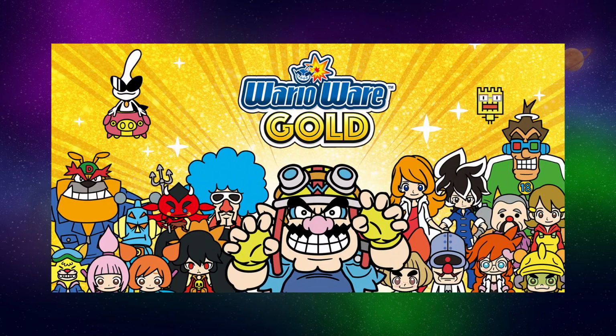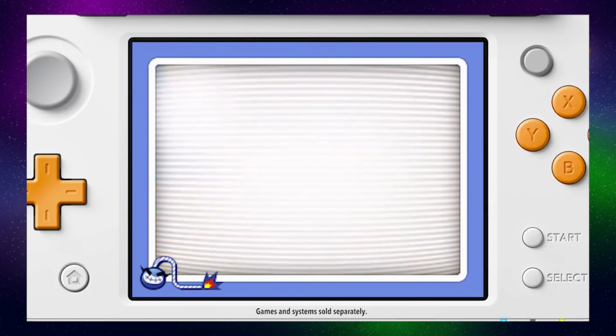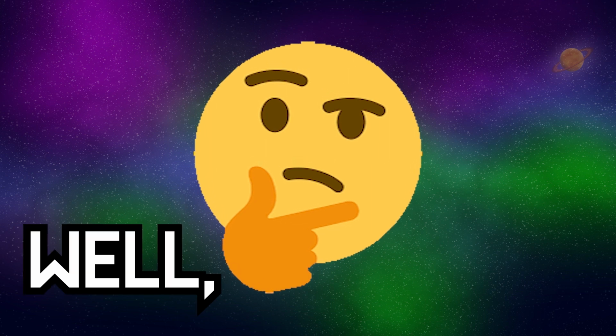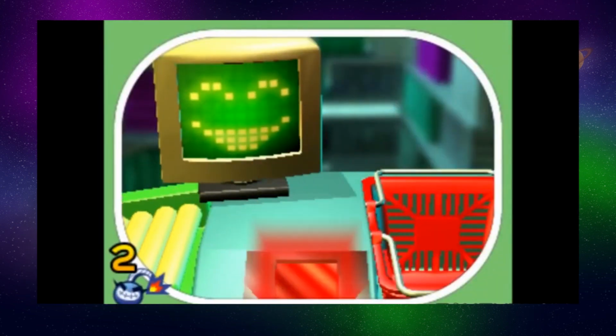WarioWare Gold is a return to the original microgame fashion gameplay after 12 years. It is advertised as the largest Wario game yet, containing over 300 microgames. Did the game deliver? Well, yeah, it has a lot of microgames, several of which are remastered versions from previous